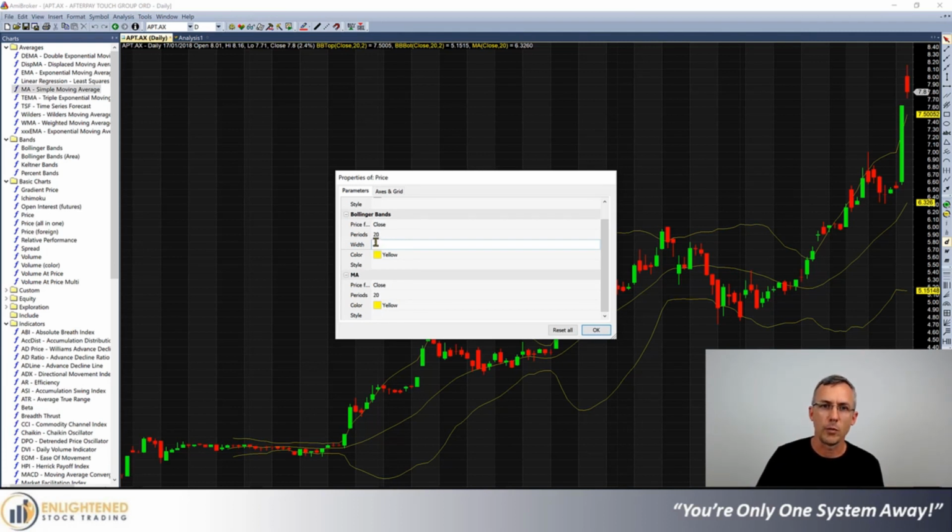Let's first play with the standard deviations. Okay, so the most common settings are 1 or 2 or 3 standard deviations, but there's no need for it to be a whole number. You could use 1.5, 1.25, 3.5, whatever it is. And the idea with any technical indicator setting or parameter value is backtest it and see which one is best. You can optimize your parameter values very, very easily using a software like AmiBroker and see which